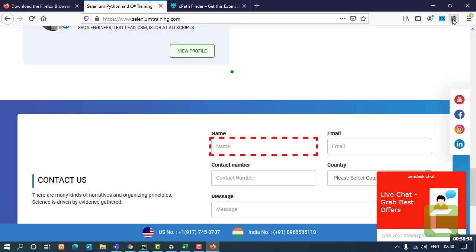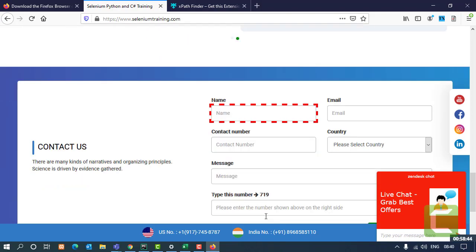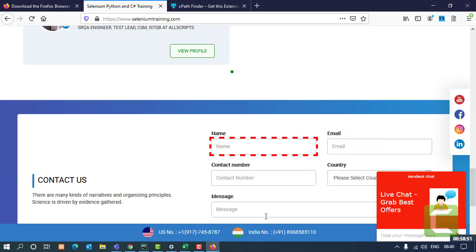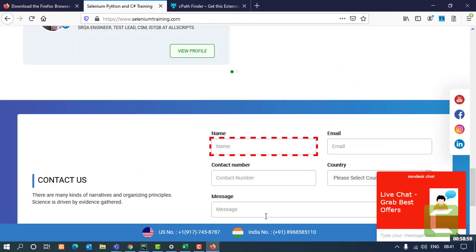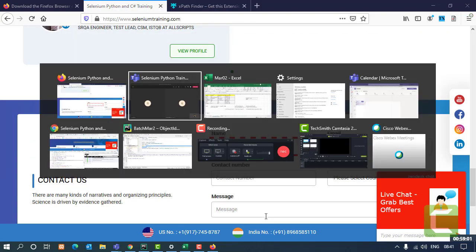You can use this tool anytime, but the rule applies here as well: if the element does not have the ID attribute, you are going to get the complete XPath, otherwise you will get the partial XPath. So if you are okay with the complete XPath, you can use it, otherwise you can make your own XPath as well. Okay, this was about the XPaths.